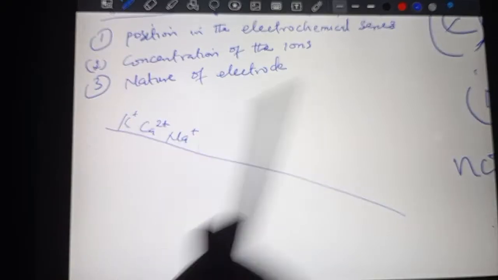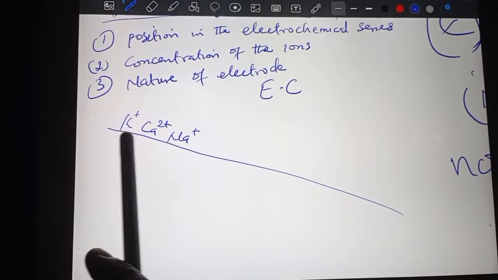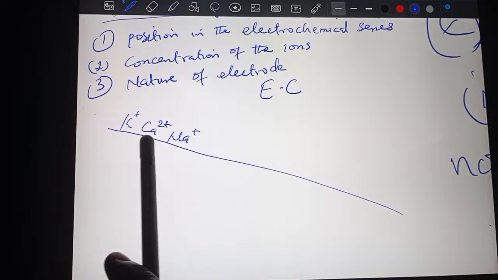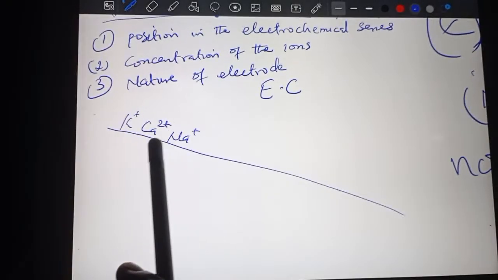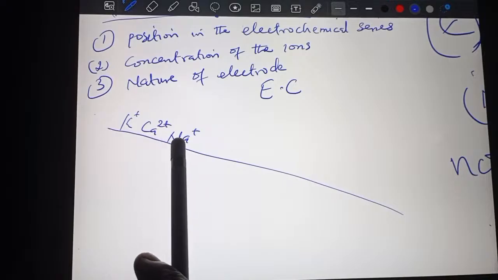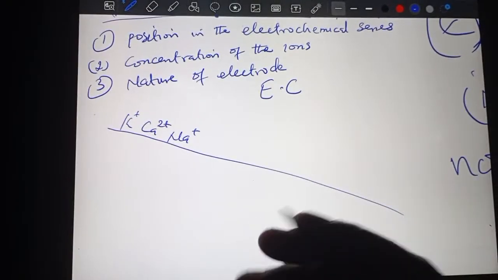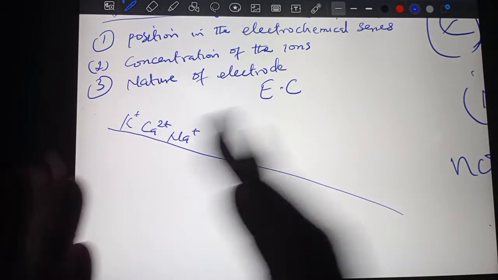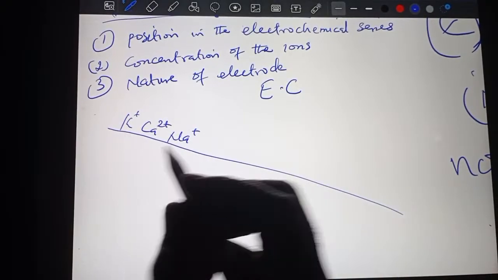Potassium, calcium, sodium for the electrochemical series. But in the reactivity series, it should be potassium, sodium, calcium. Sodium is more reactive than calcium. But unfortunately, the standard electrode potential of calcium is greater than that of sodium. I've explained how to get the standard electrode potential by setting up the half cell of a metal with the standard hydrogen electrode. Okay, so we have potassium, calcium, sodium,